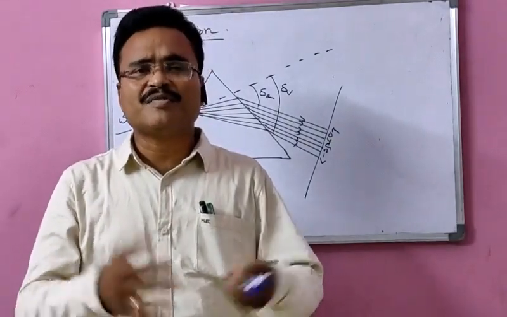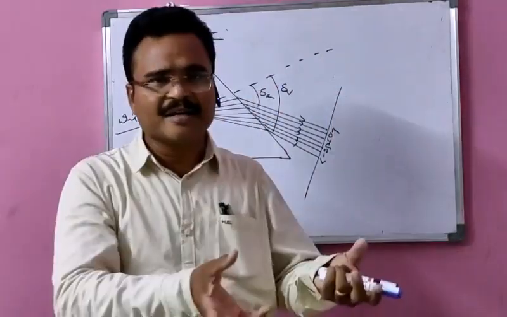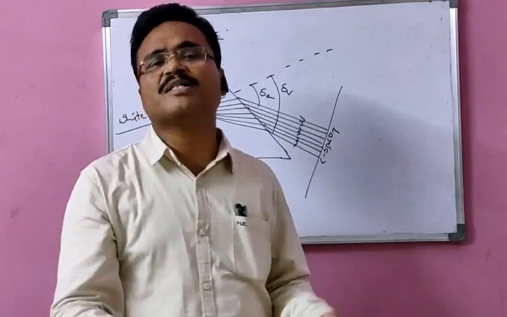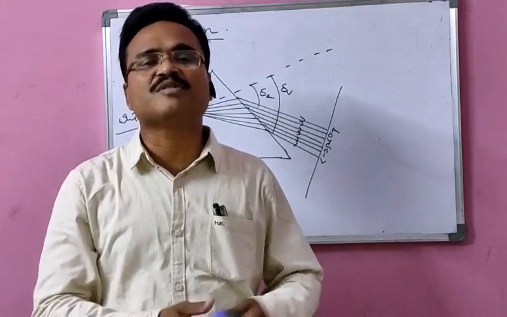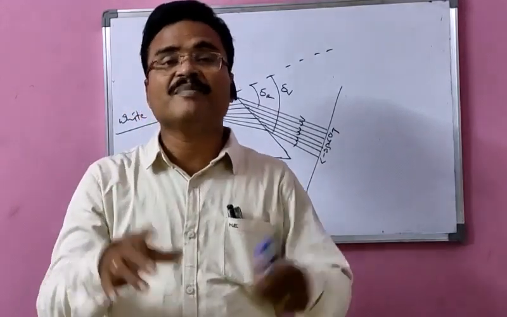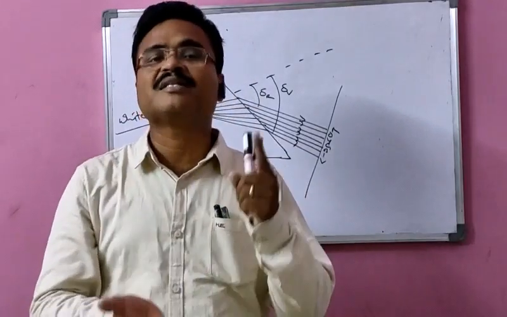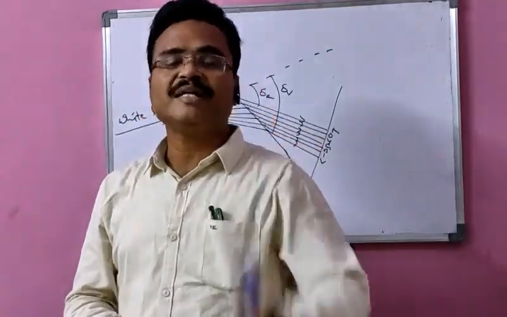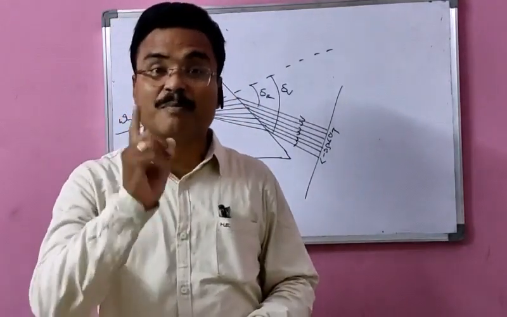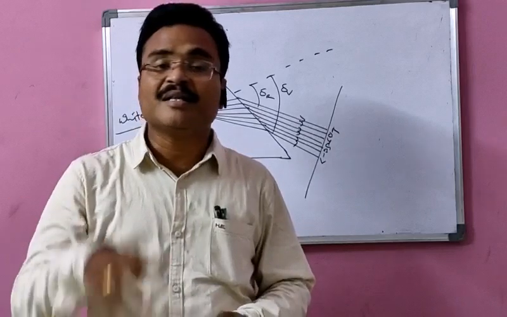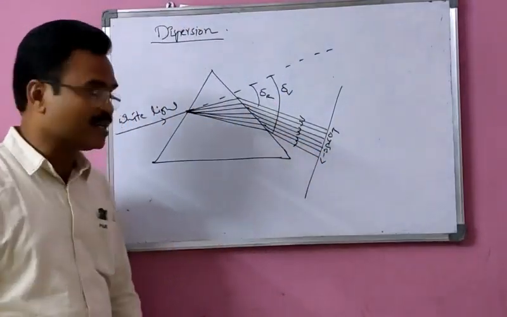It's simple. After the rain, water drops are present in the atmosphere. They're hanging, so they act like a dispersive medium. When light passes through them, it splits up into 7 colors. And remember, the formation of a rainbow has two phenomena. One is dispersion. The second one is total internal reflection. Moreover, the rainbow is always formed opposite to the sun. Keep in mind that the rainbow is always formed opposite to the sun, not towards the sun.